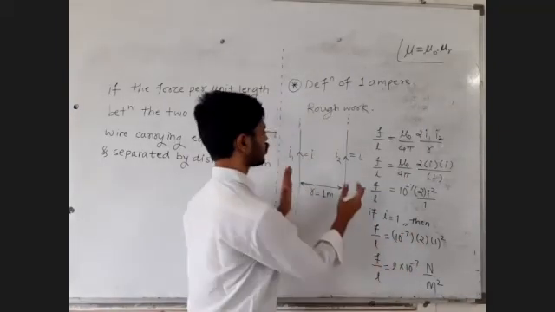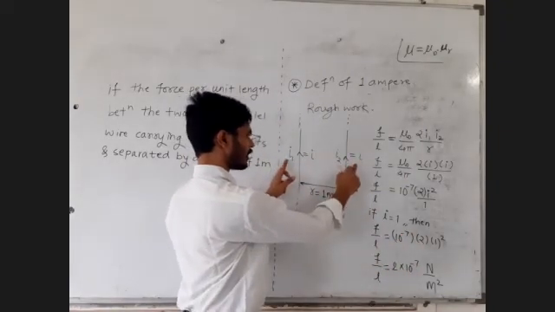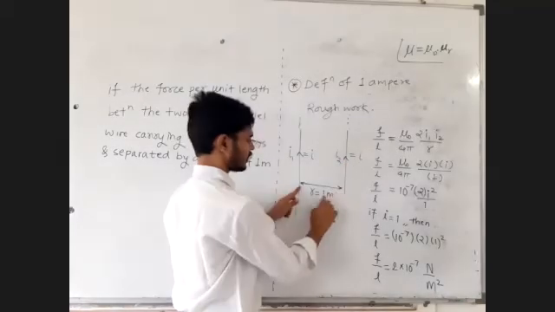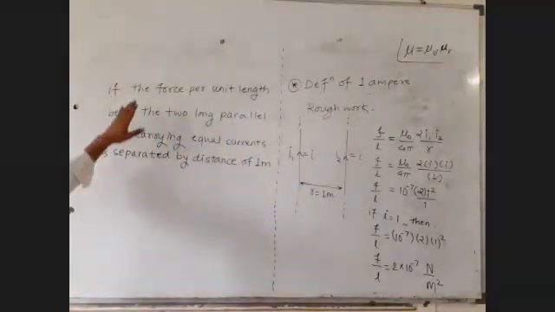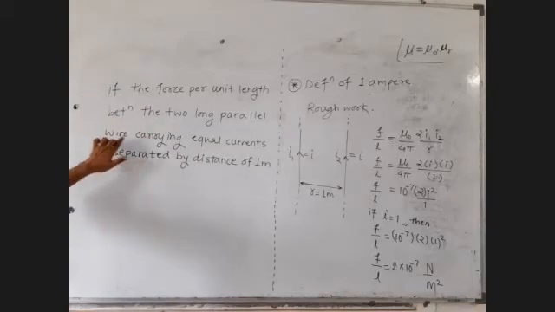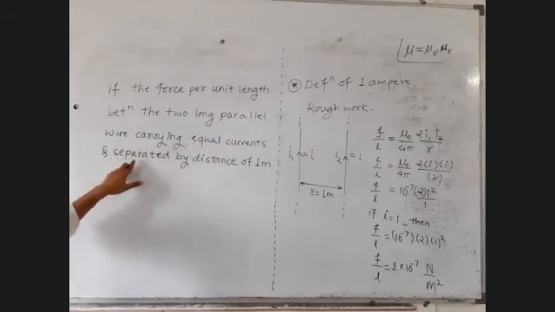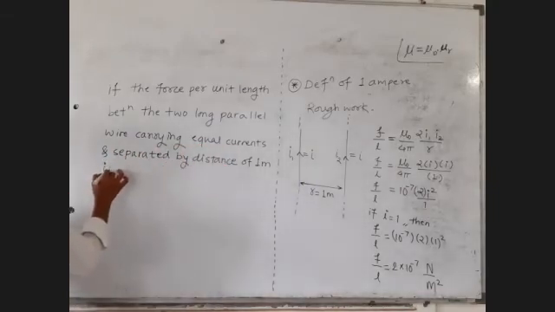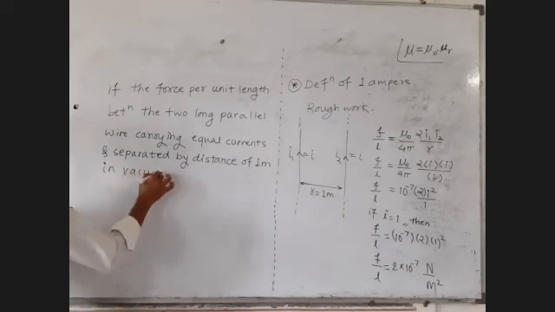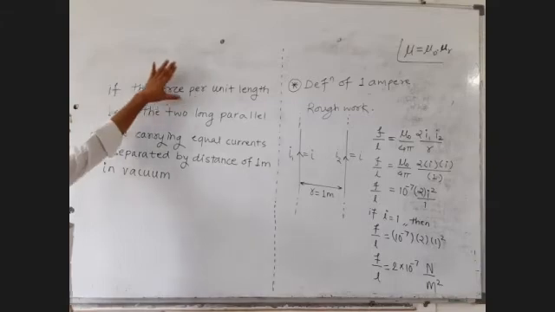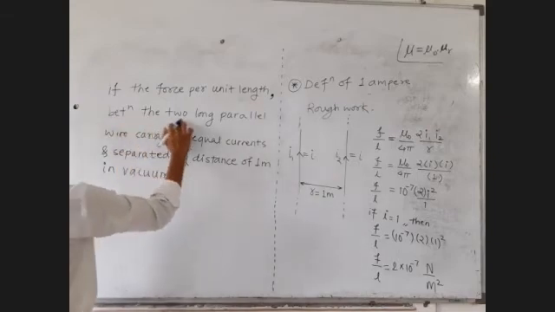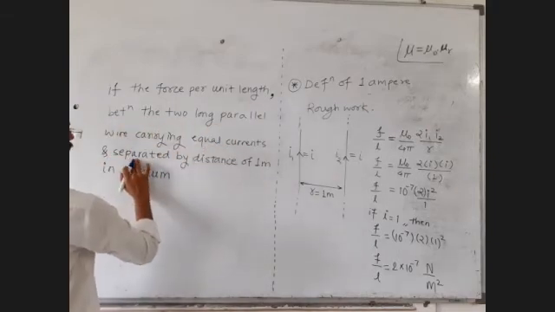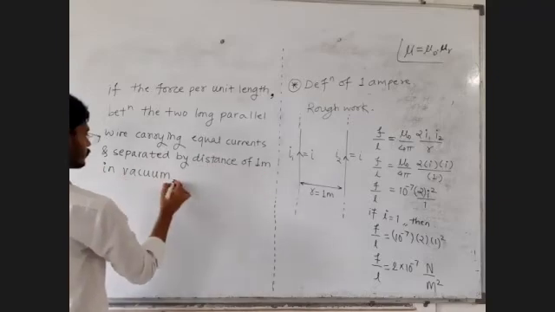So fine, you have to take two long parallel wires, maintain equal current in them, make the separation between them 1 meter, and place this arrangement in the vacuum. Then you have to observe the force per unit length. If the force per unit length between the two long parallel wires carrying equal currents and separated by a distance of 1 meter in the vacuum is